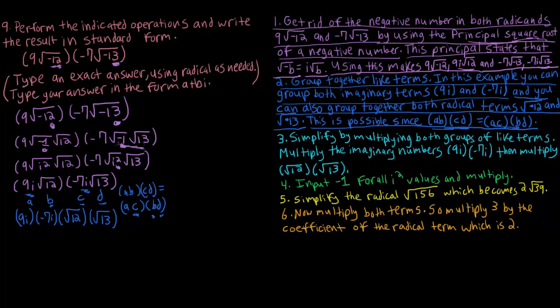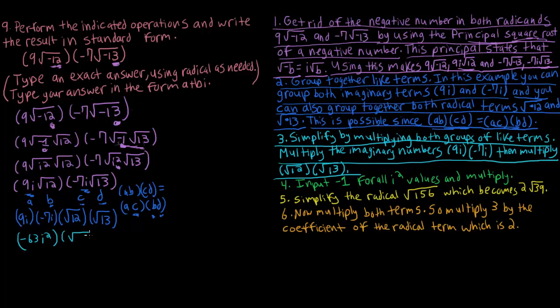Now step 3, we need to simplify by multiplying both groups of like terms. Multiply the imaginary numbers 9i times negative 7i, then multiply square root of 12 by square root of 13. So 9i times negative 7i is negative 63i squared, and then square root of 12 times square root of 13